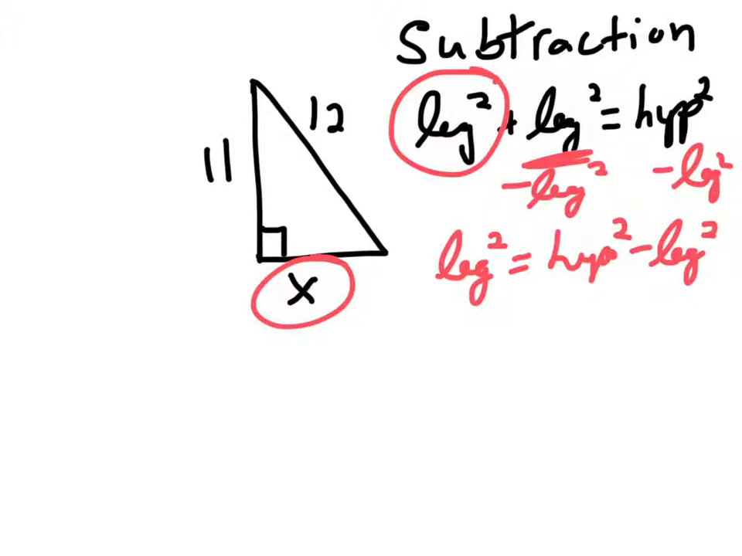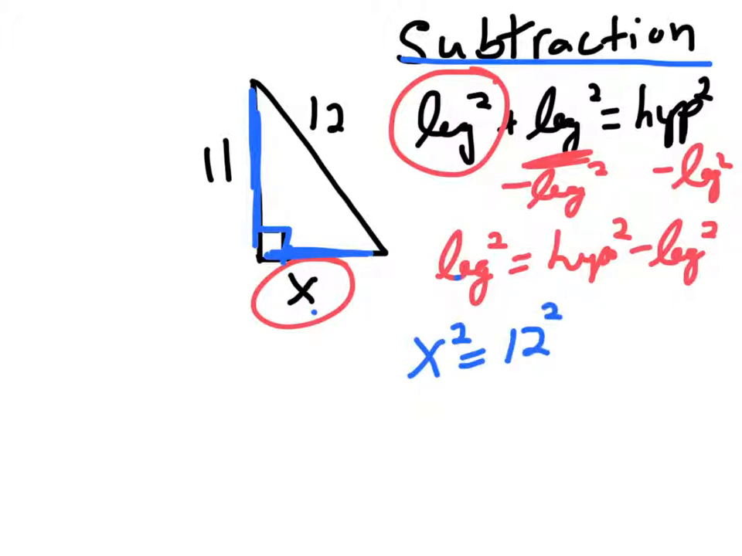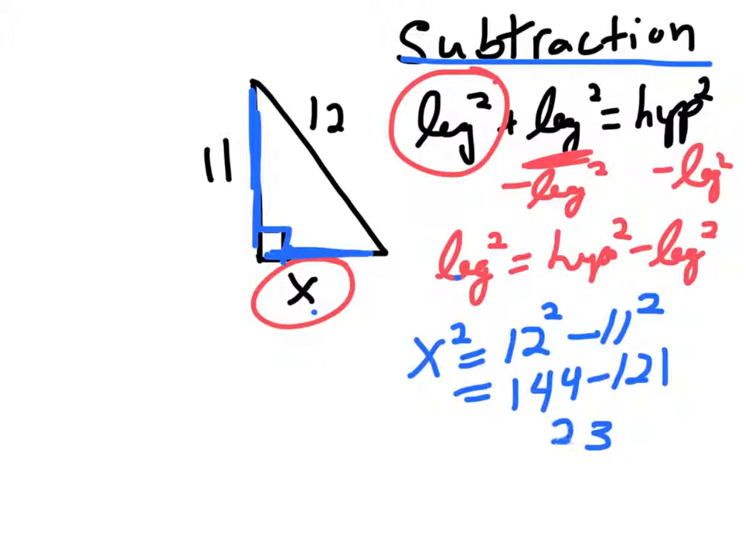And we should look carefully. We know that these are the two legs because they meet at the right angle. So I know one leg, I don't know the other. That should tell me I'm going to be doing subtraction. So the leg I don't know, x squared, is going to be equal to the hypotenuse, which is the longest side in the right triangle, 12 squared minus 11 squared. And so that works out to be 144 minus 121, which would give me 23. So x squared